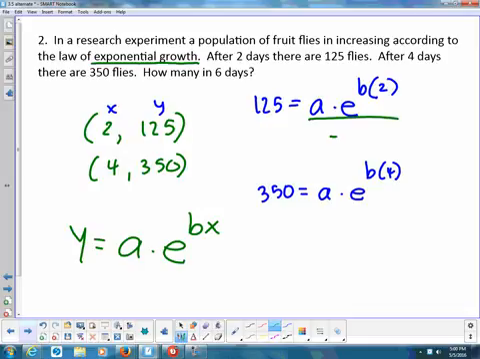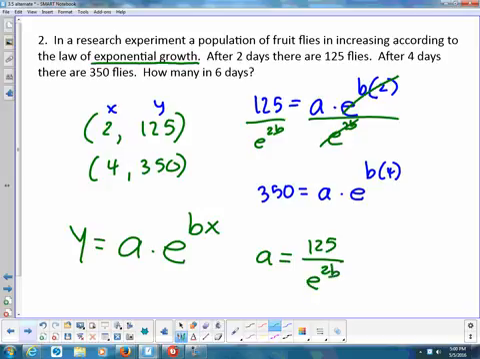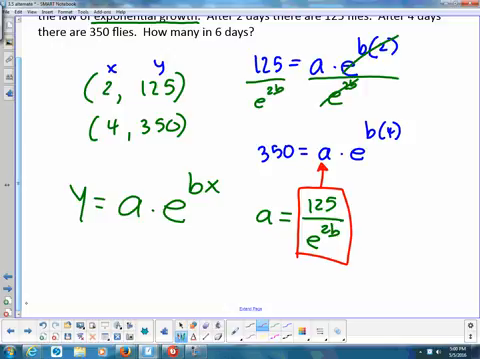So I can divide both sides by e to the 2b, right? This e to the 2b divides out with that e to the 2b. And so I get an expression for A that is 125 over e to the 2b. And now, using a little substitution, we can plug this right in here for this A in the other equation. When we do that, we're going to have 350 equals 125 over e to the 2b